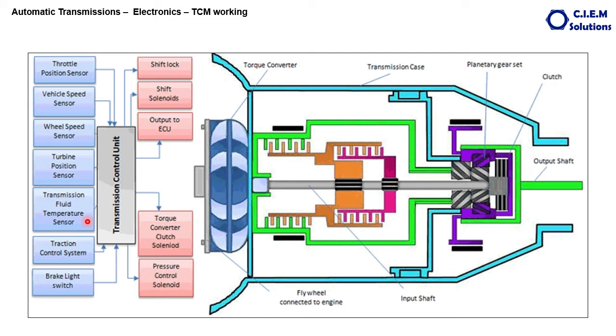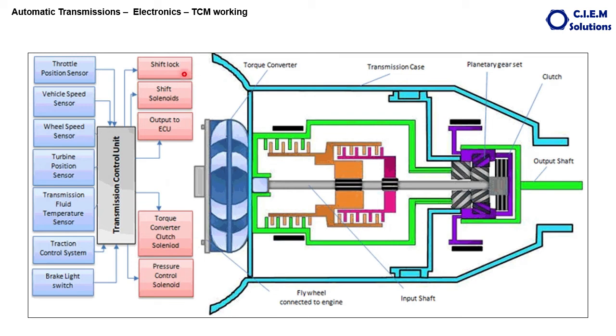Then the traction control system, maybe the cruise control system, which is installed in the latest type of vehicles, brake light, all these things and all. There will be some more input sensors based on the various models of the transmission. So the TCU processes all these signals and gives the signals to the